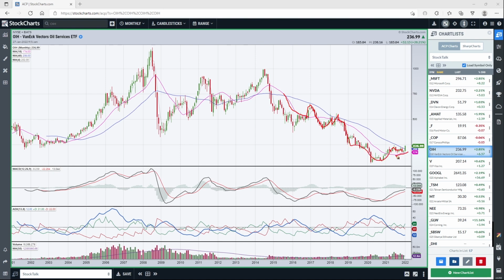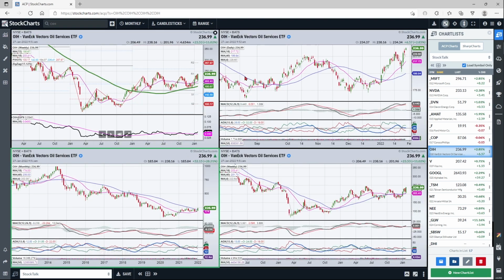And now look at what's happening. This is the first time in several years, since 2015, that we have successfully tested and held the 18-month line. Now it becomes a question of how long can this trend go? Is this something that's going to turn into a monster move and a big substantial upside move or not? What we're going to want to do to determine that is watch the momentum characteristics.